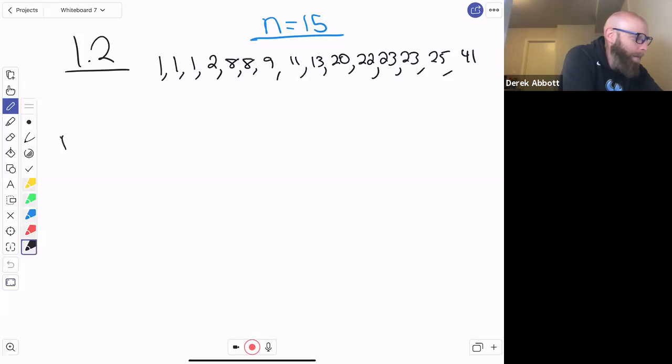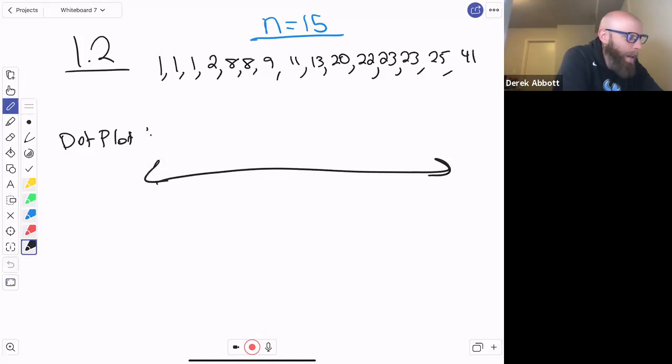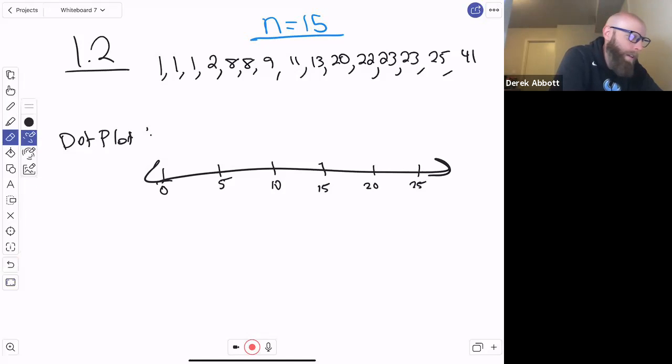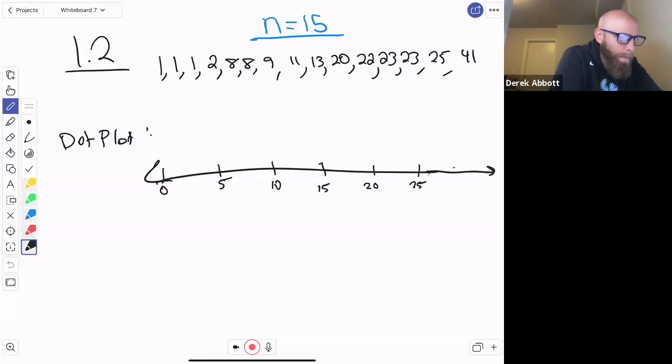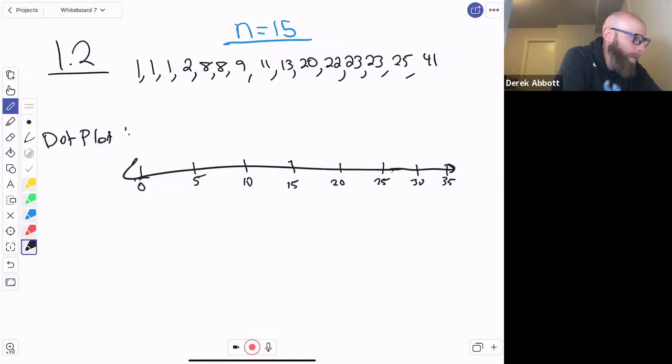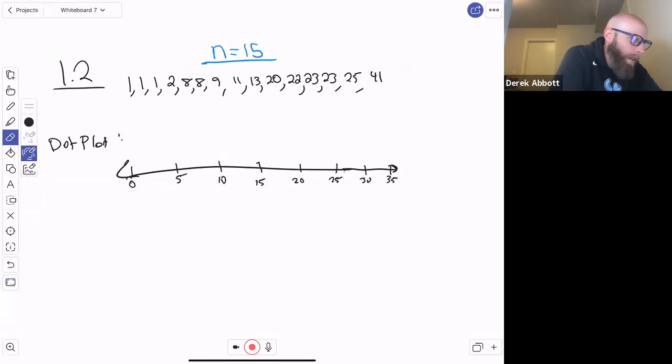So let's go dot plot. Literally you take a line and you start putting values on here. So I'm going to go 0, 5, 10, 15, 20, 25. Huh, I even made this not good enough for myself. Keep it going. 30, 35. Okay, well, gotta love just making stuff up on the fly. It really slows things down, doesn't it? And then